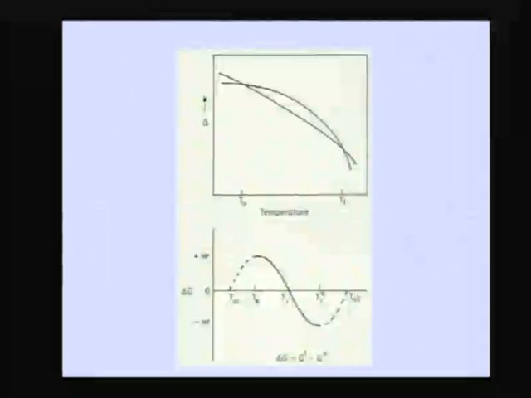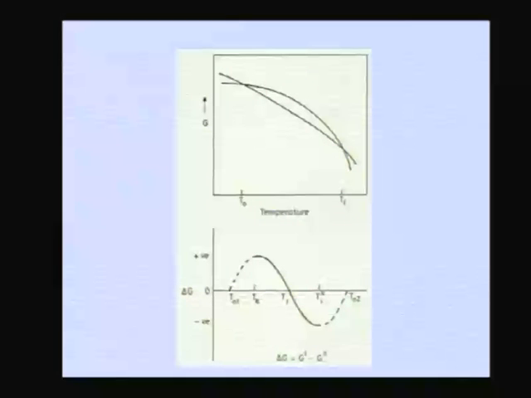And if you look at the bottom figure, what you are seeing is all the crucial temperatures that we can think of. One is the melting point, which is the Tf, and above the melting point, if I am plotting delta G, which is GL minus GS, which has a lower free energy, liquid or the solid? Above the melting point, liquid has lower free energy than solid. So GL minus GS will be negative. That is what you see here, it is negative,